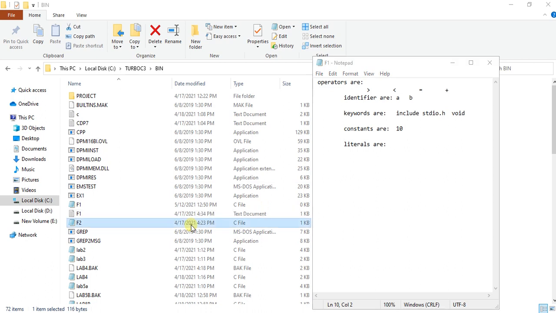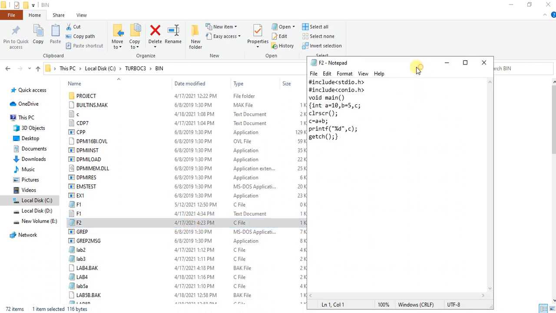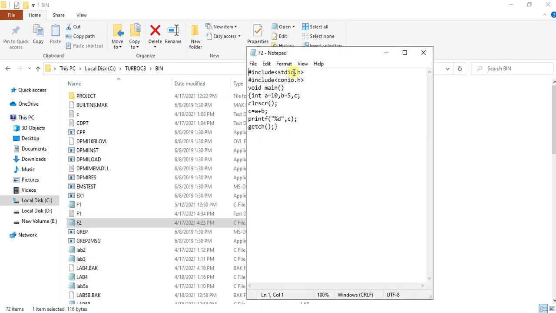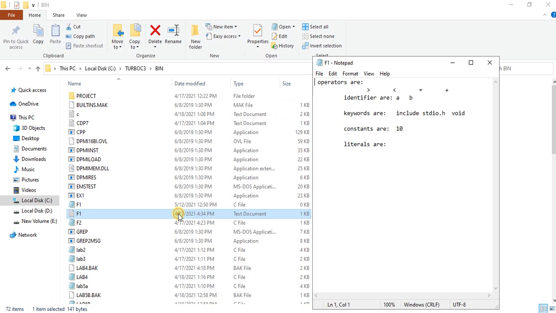You can see in the f2 file, stdio, conio, next a and b the identifiers. Those are set by this program. Then constants are 10, likewise it's saying.